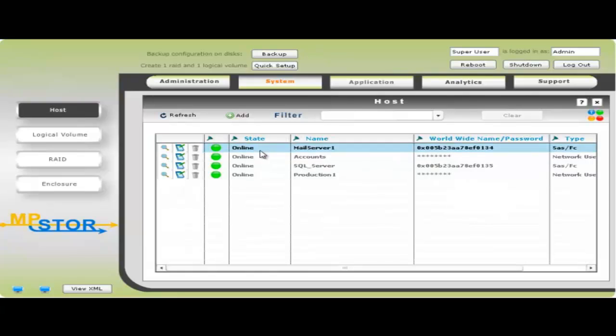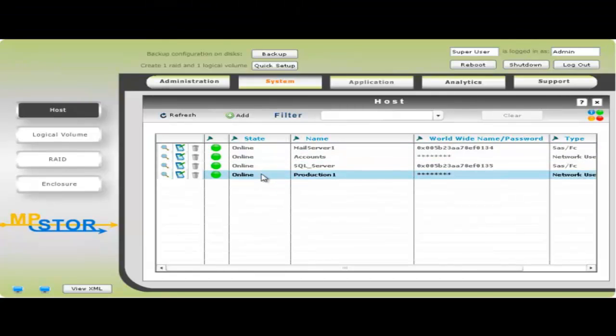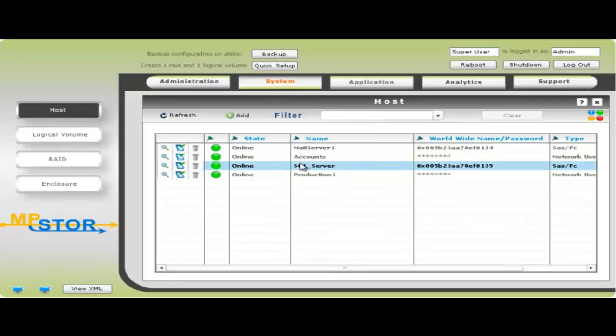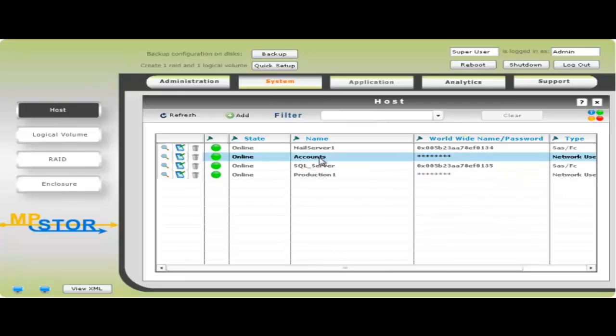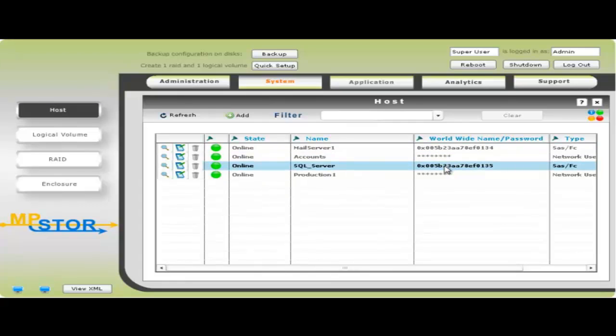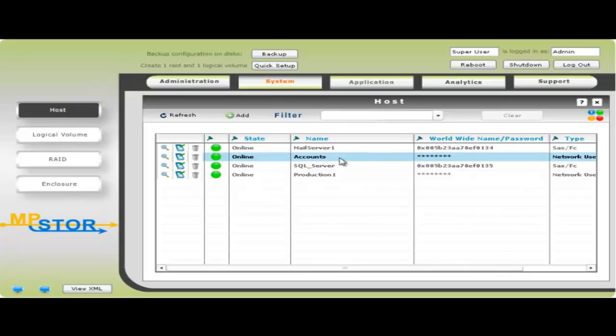In the Host section, we define those servers which are going to have access to the storage array. In our example here, we have 4 hosts defined: Mail Server 1, Accounts, SQL Server, and Production. Mail Server 1 has been defined as a SAS Fibre Channel type connection, while SQL Server, Accounts and Production 1 are servers that are going to access the array using a network connection, such as iSCSI